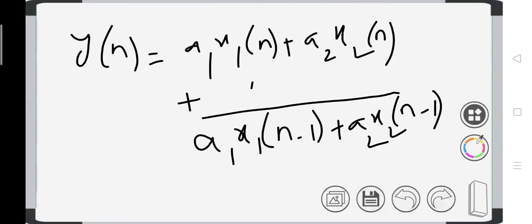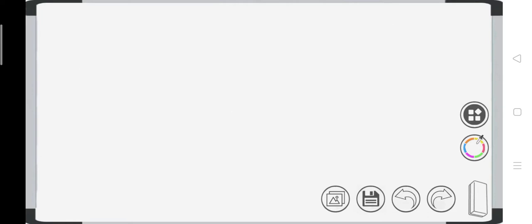And next, what are time variant and time invariant systems? Generally a system is said to be time invariant or shift invariant if the characteristics of the system do not change with time. So a system is said to be time invariant whenever it does not change with respect to time. If it changes with respect to time, then it is said to be a variant system.